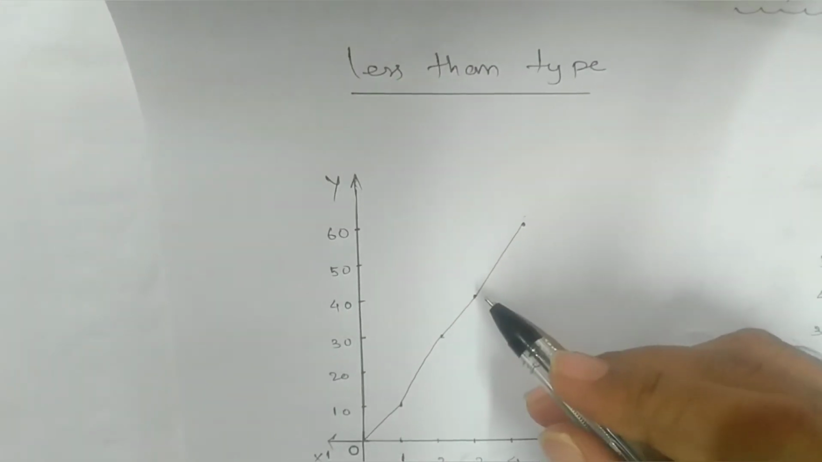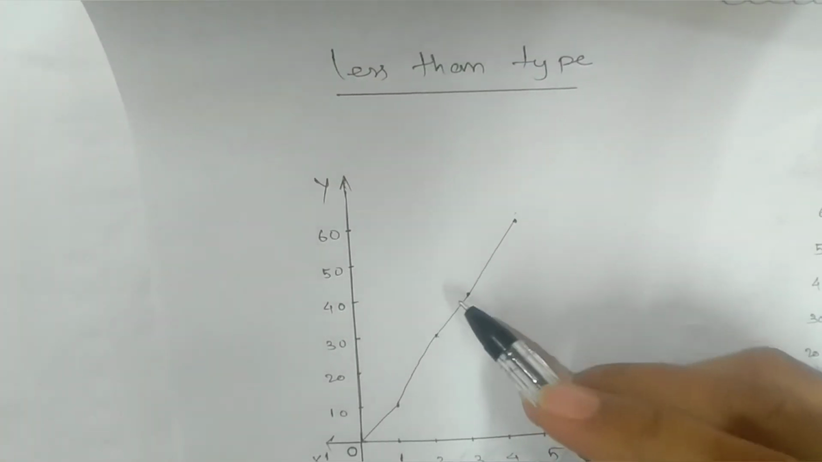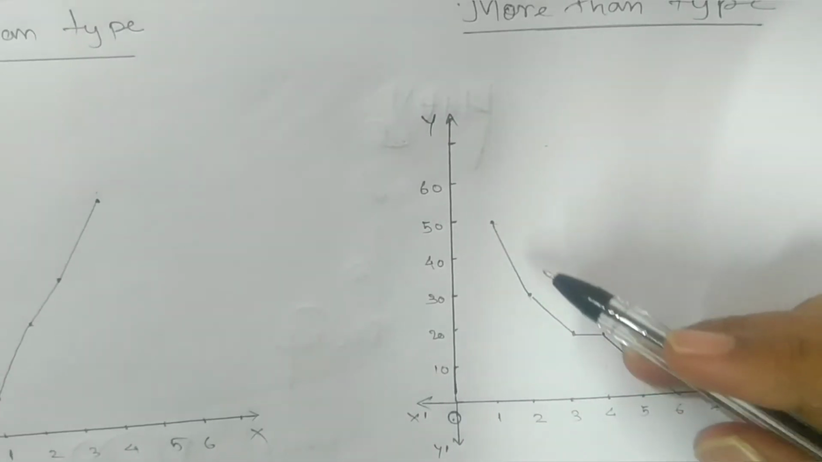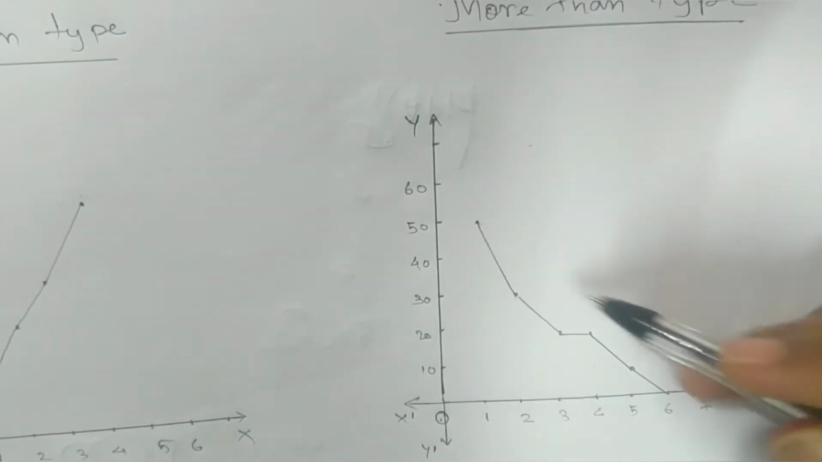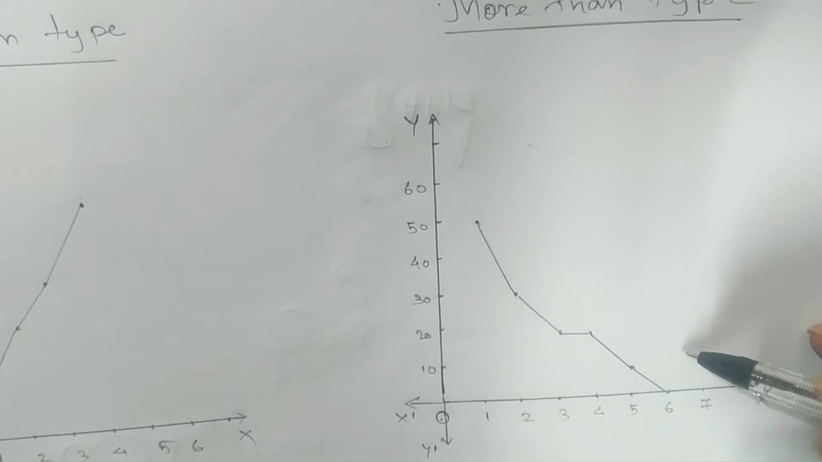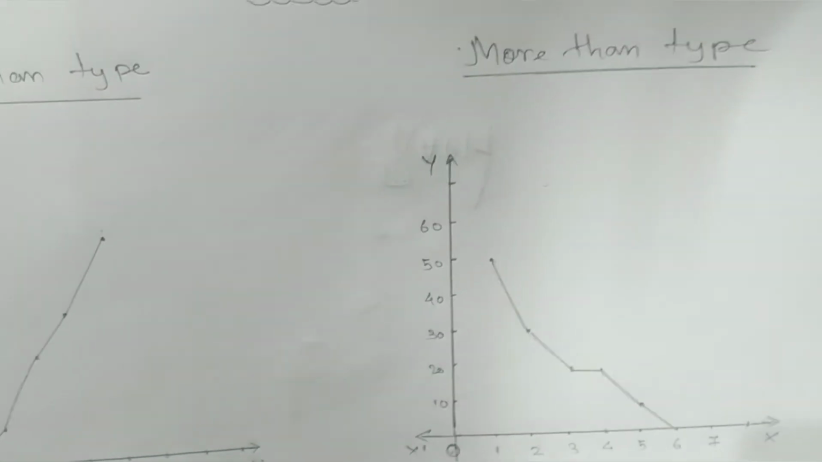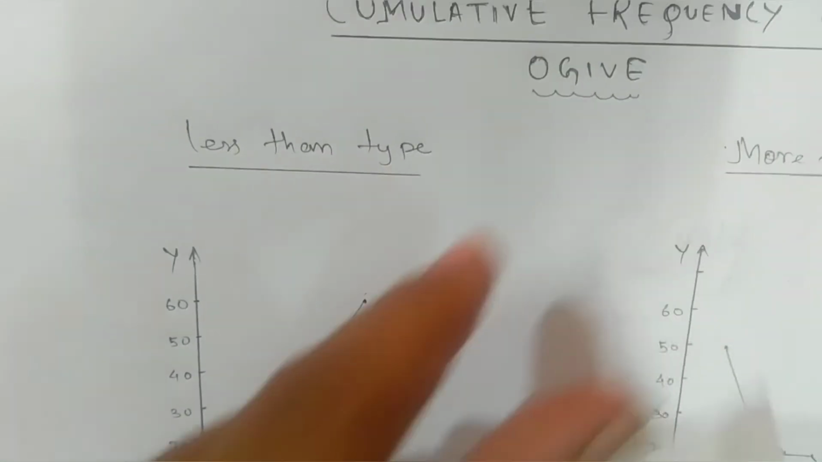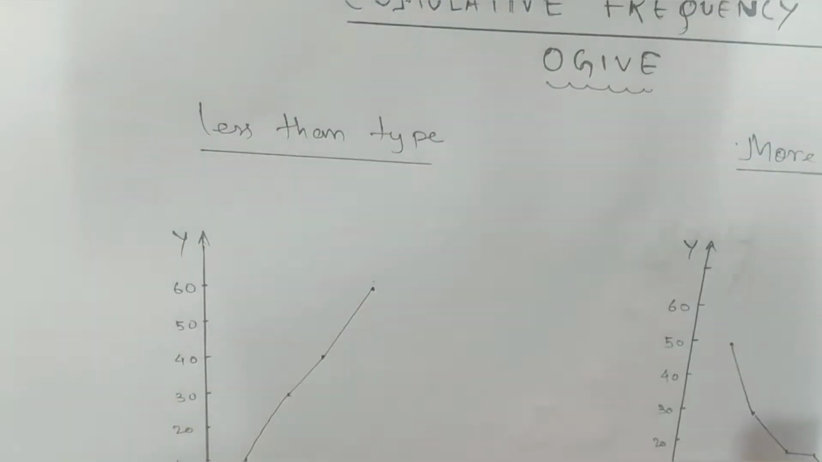So the graph will never be in descending order in a less than type, and the graph won't ever be in ascending order. It will always be in a descending direction for more than type. So let's see, here we have a problem. So the problem is,